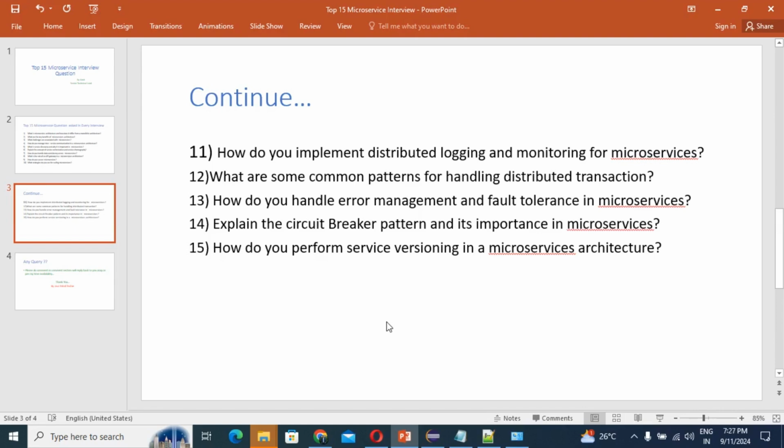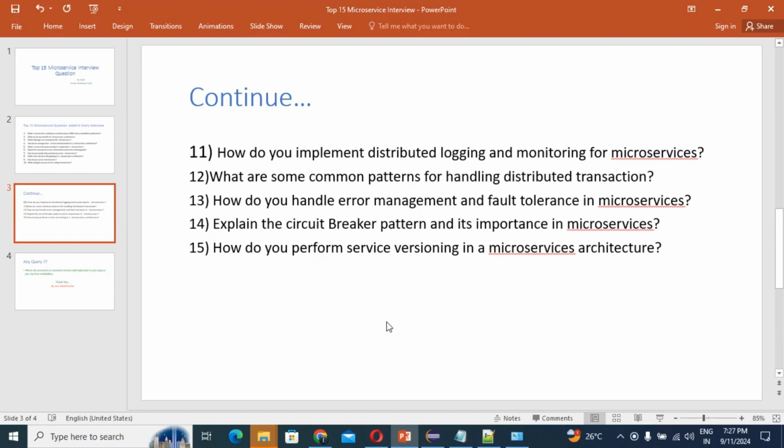With the help of centralized logging, you collect logs from all microservices in a central location. That is the first way. Also, one thing, what is central logging? Collecting logs from all the microservices in a central location using some tools. You might have heard the tool's name: the ELK stack. ELK stack means Elasticsearch, Logstash, Kibana, or Fluentd. With the help of these tools, you can use centralized logging.